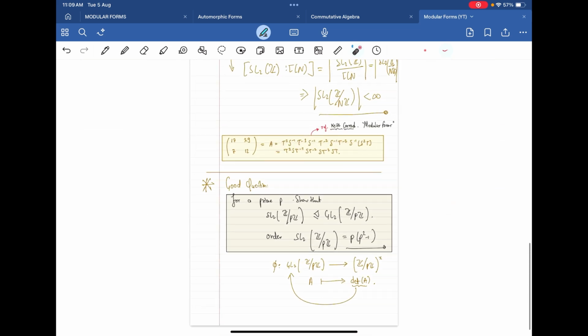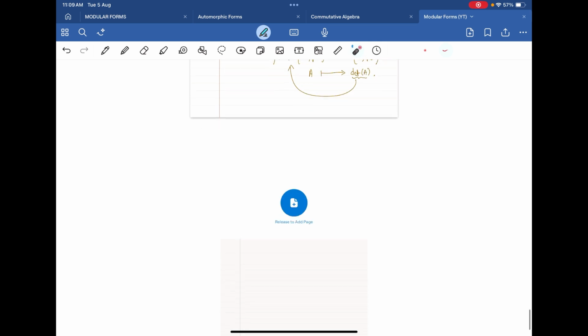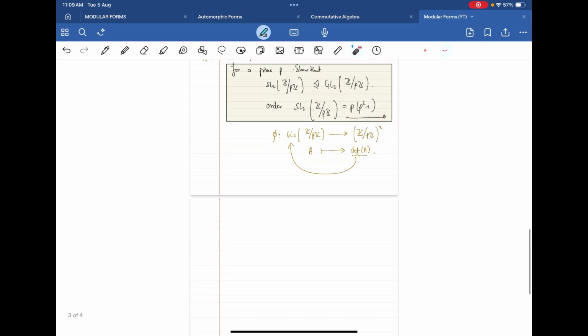with this problem. That's showing firstly that the kernel of this group homomorphism is SL2 Z mod PZ, and the next part is using the isomorphism theorem to conclude that the group GL2,